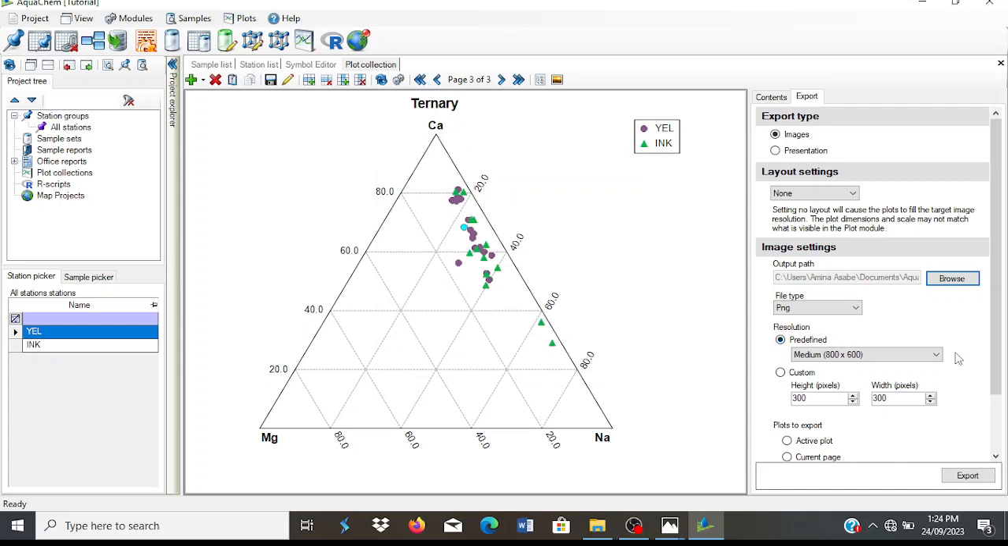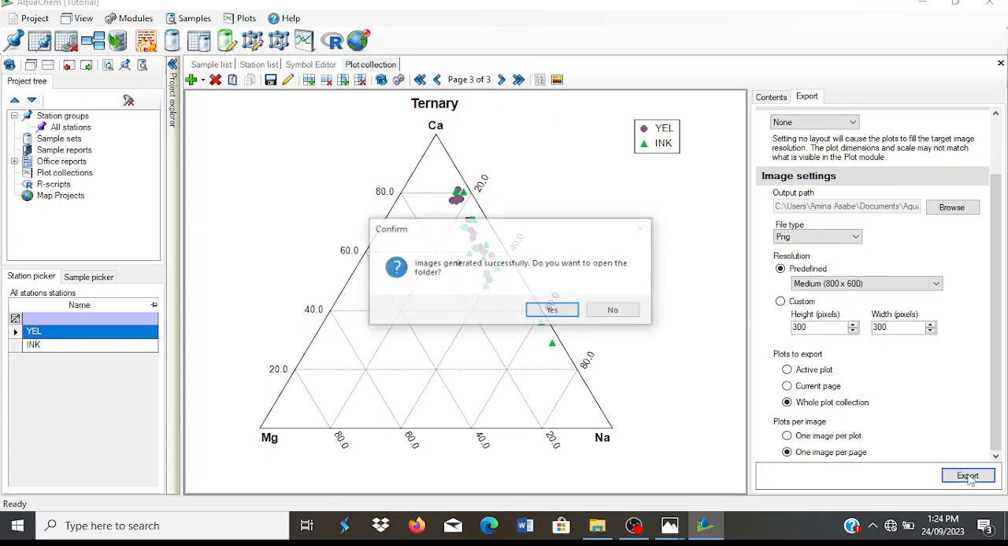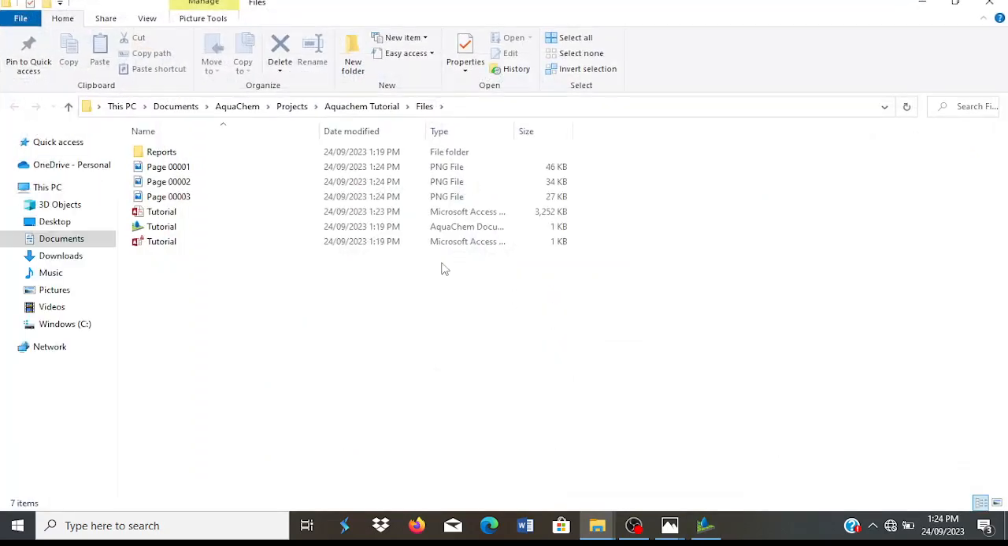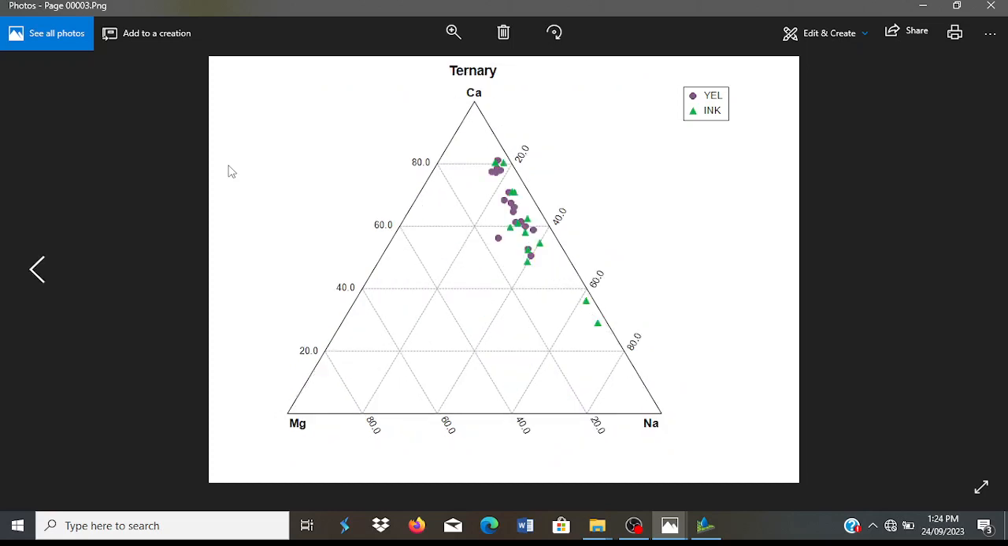When I click OK, I'm going to come down here and say one image per page, and the whole plot collection, there are 3 of them, and then I'm going to click export. That is just it, and I have what? Do you want to open file? Yes, and it shows me the folder. If I right click on that, I have these, and I have this. You don't have any much problem if you